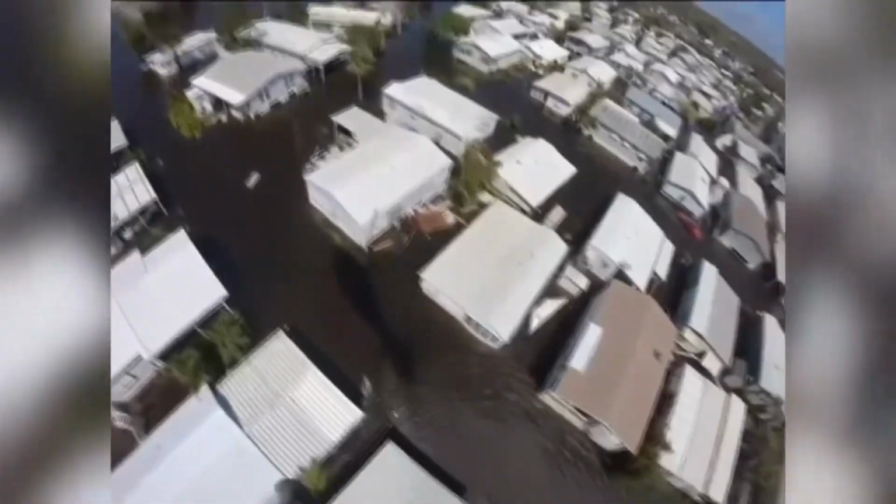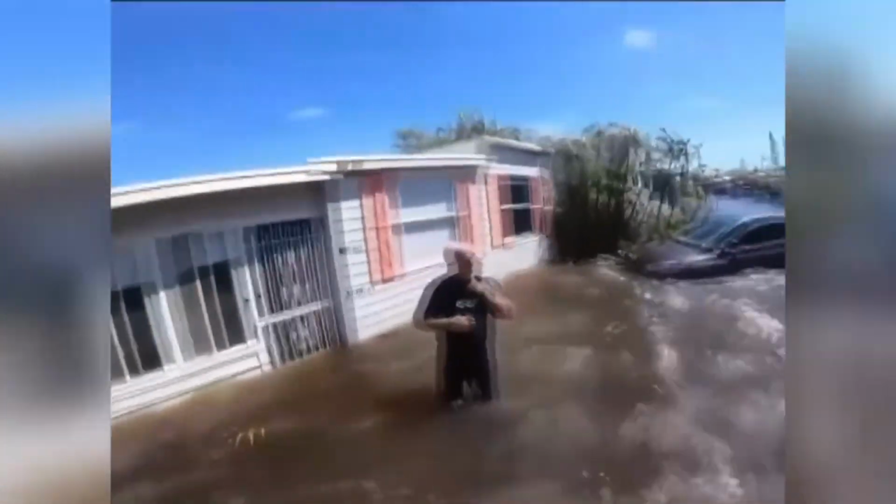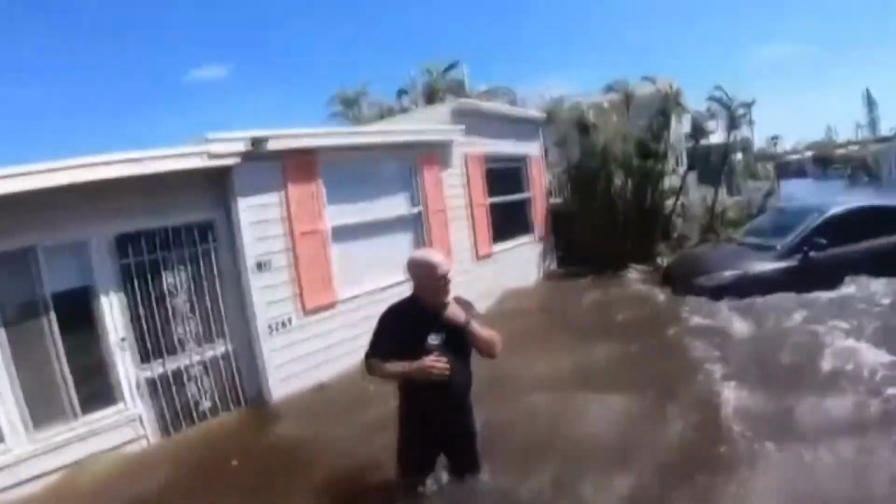I'm trying to survey the damage, and I'm looking in houses and doorways and windows because people hear the helicopter and they poke out. And this gentleman had been in the water. He was shaking, he was cold, he was pretty hypothermic. The only way in or out of that trailer was through the window because all the floating furniture was blocking